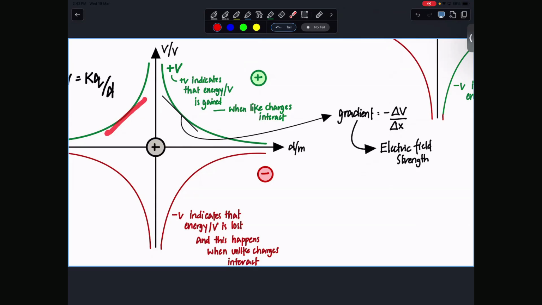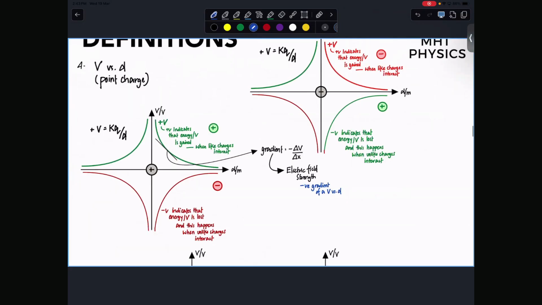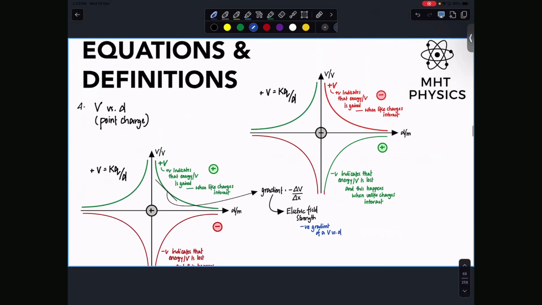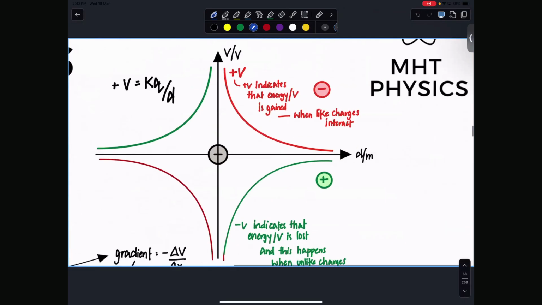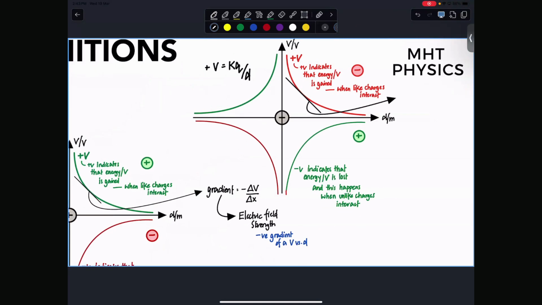Okay, so electric field strength definition key. What's the electric field strength definition? It is the negative gradient of a what graph? Of V versus d graph. এখন এটা আমরা কেমনে ইউজ করব? হ্যাঁ, এখানে যদি আসো, সো এখানে যদি সেমটা করা হয়, what do you get? নেগেটিভই পাচ্ছ এখানে। তো আমার হচ্ছে নেগেটিভ গ্রেডিয়েন্ট অফ a V।